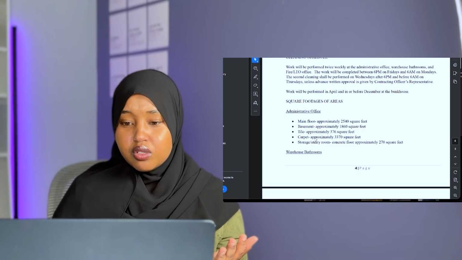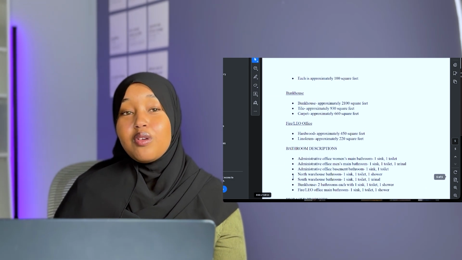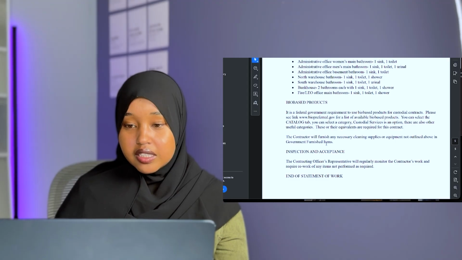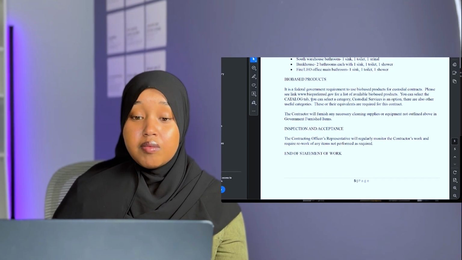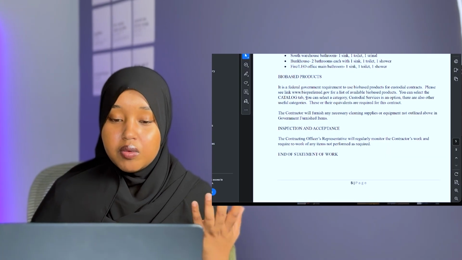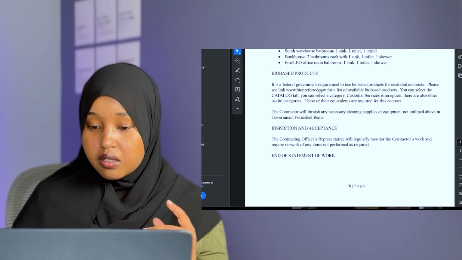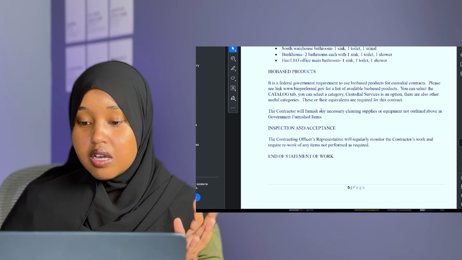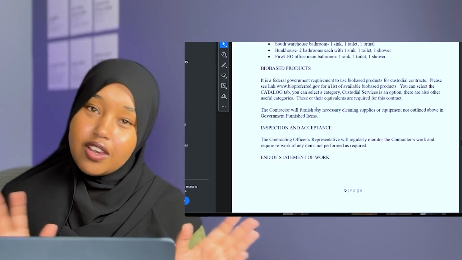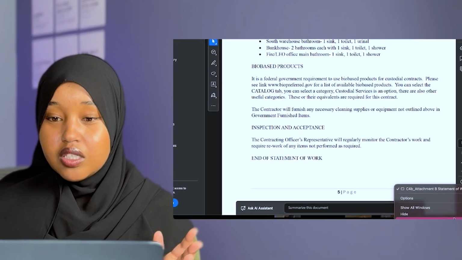Again, they provide more square footage, they provide more details. And in this case, this account is very interesting because they want us to make sure that we use bio-based products. And it was very nice of them that they gave us where we can find those specific products that they are looking for. And we will also have to provide SDS sheets when we buy those products. In some cases, they will just tell you, make sure that you have eco-friendly products, green-friendly products. But in this case, they are very picky on what they want, which is good for them.